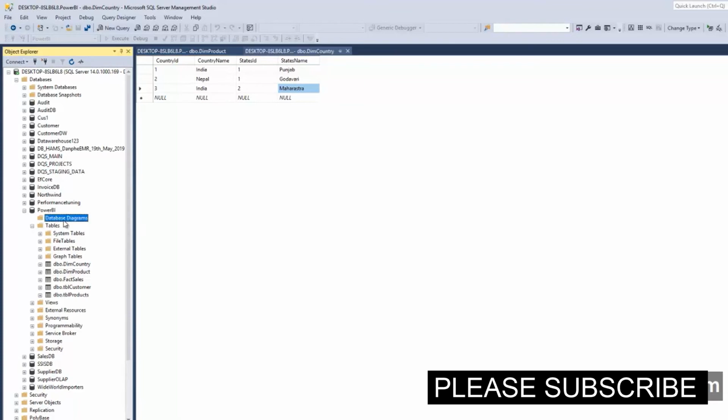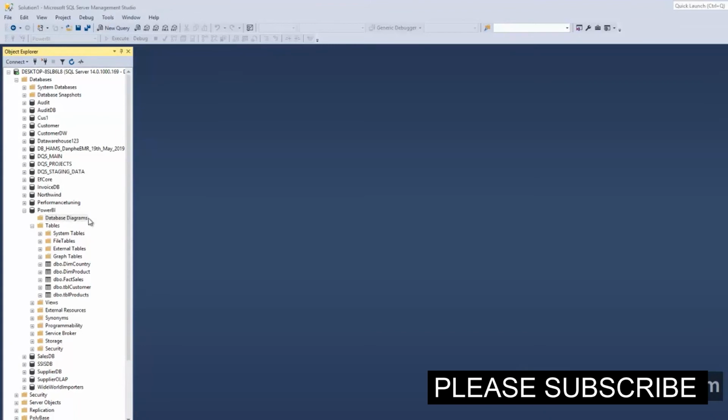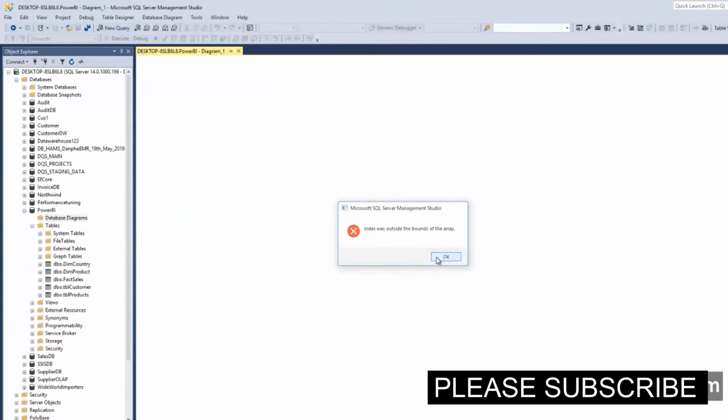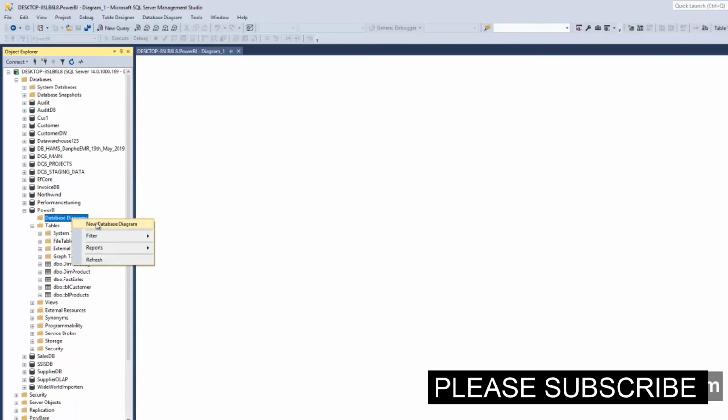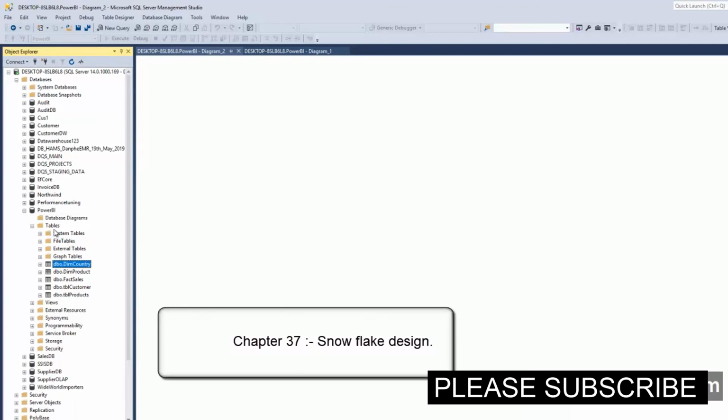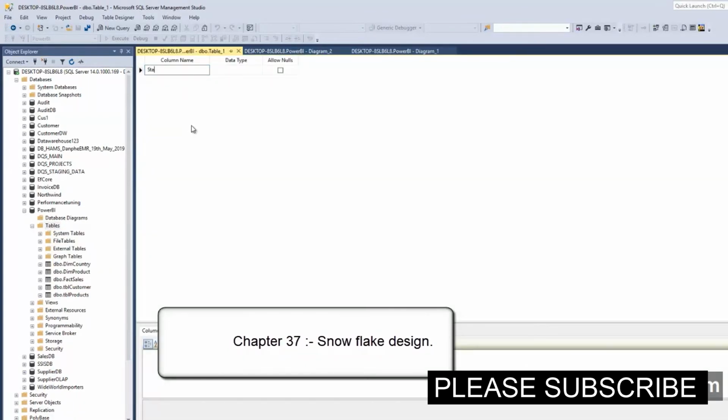In a snowflake design, my database diagram is not working. That's so sad. That's one of the bugs which we have in SQL Server. So in snowflake design, we create one more table called dim states. Because of this redundant data, you can go here and create one more table called dim states with states ID,